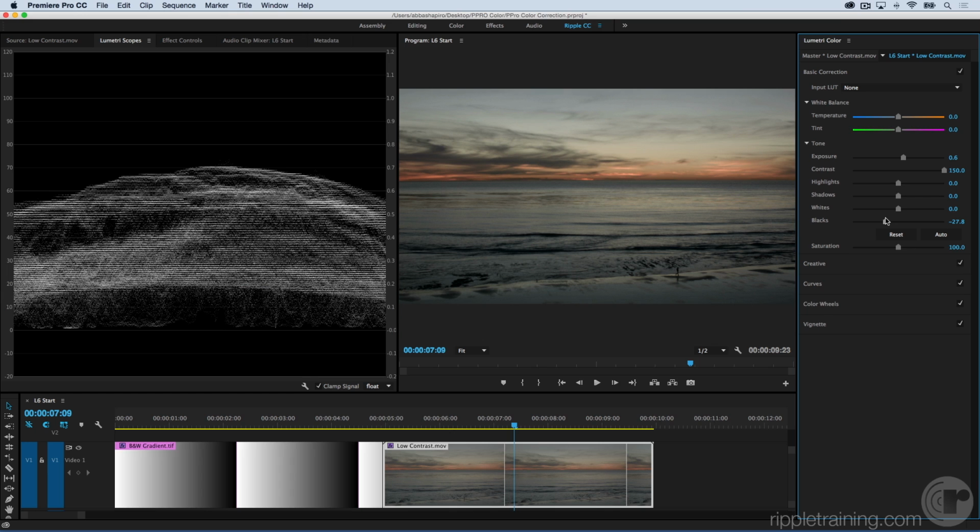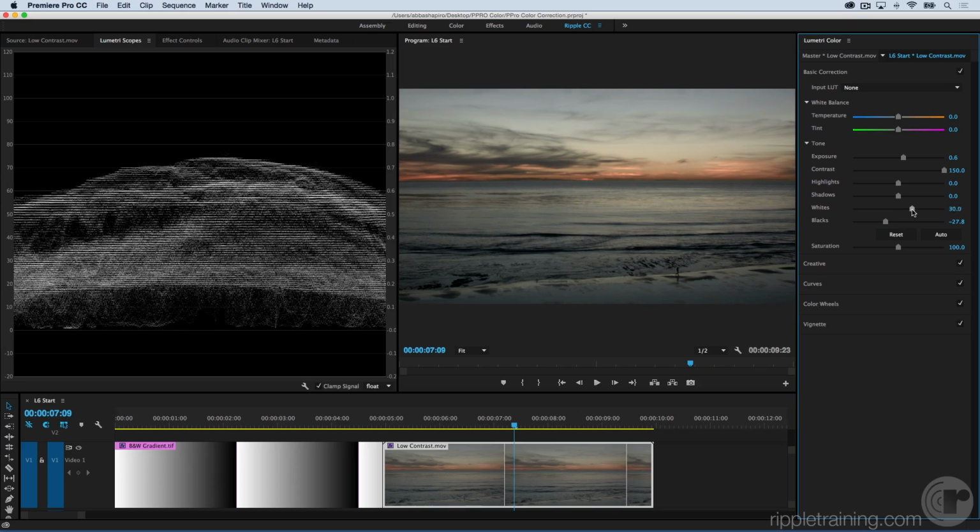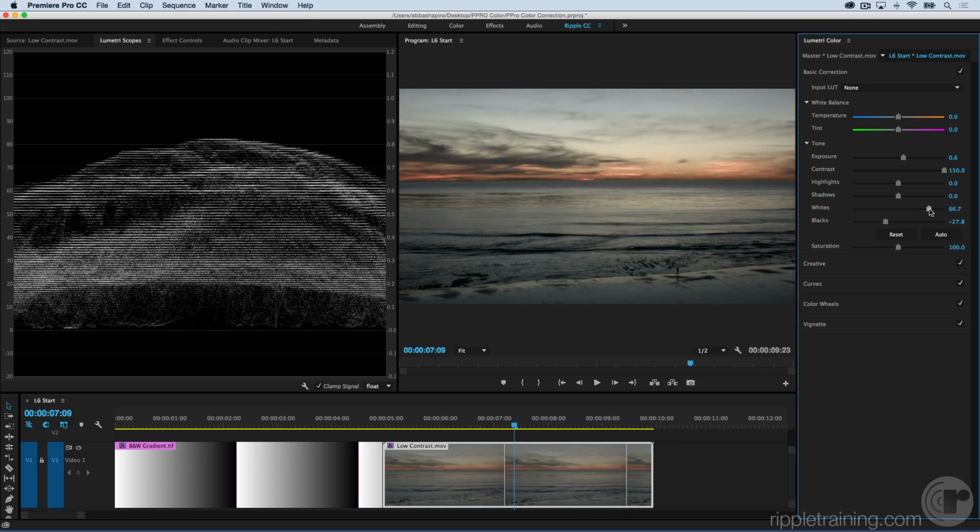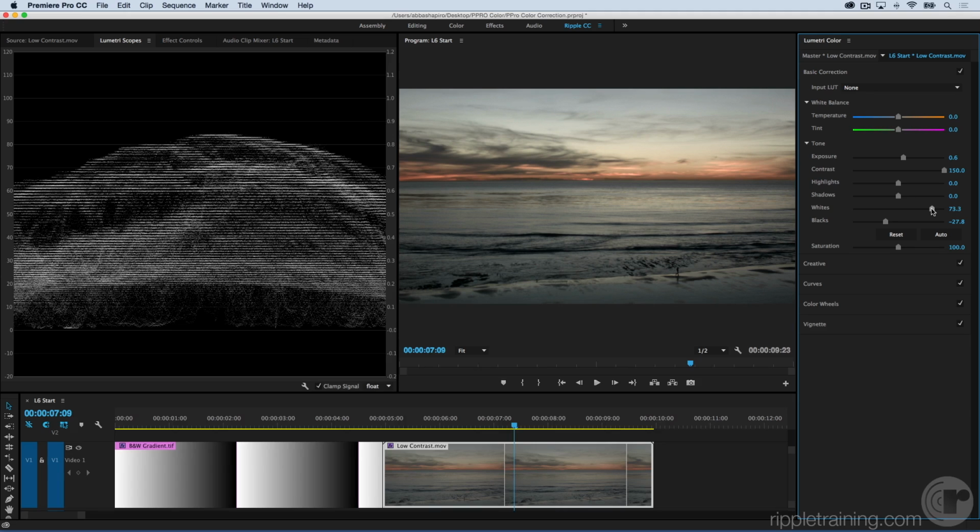I'm going to do the opposite with my whites, and I'm going to click on that and move it to the right to open it up a little bit so it can brighten it up. And this is a sunset, so I may not want it to hit 100. I may just want to bring it up just so they're nice and bright, so I have some really luminous areas. And then I'm going to go back and work with the real nuance, which is my shadows and my